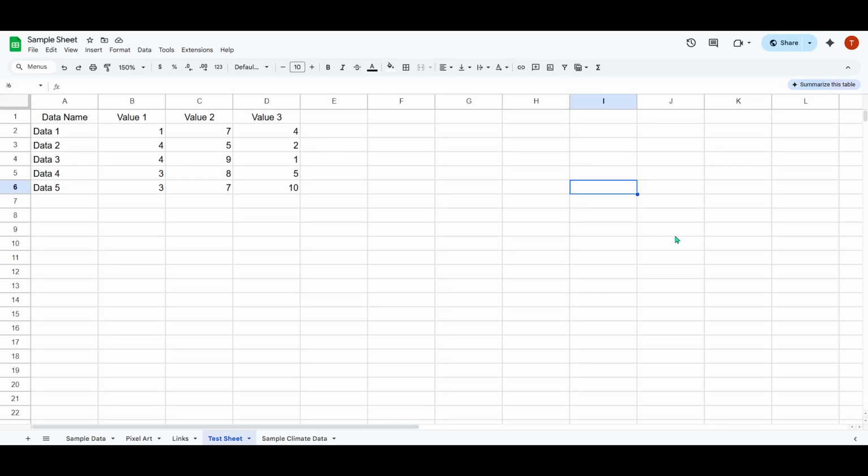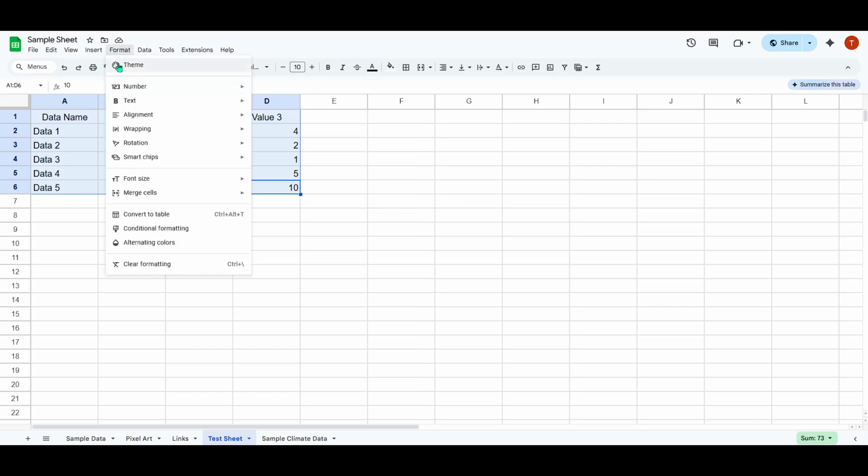In today's video, I'm going to teach you how to add error bars to column graphs in Google Sheets. If you've ever worked with data in Google Sheets, you'll know how important it is to visualize your information accurately. One way to do this is by adding error bars to your column graphs, which is what we're going to